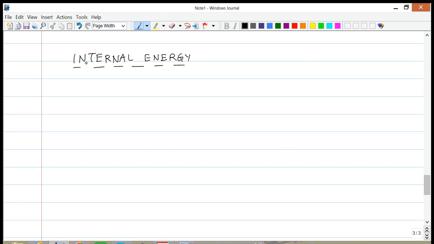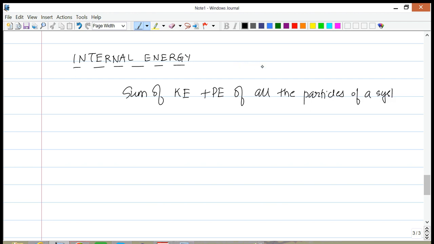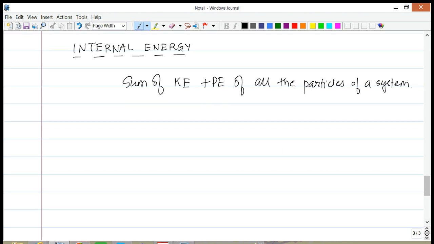Okay, so internal energy is the sum of the kinetic energies plus the potential energies of all the particles of a system. Alright, now we will be interested in ideal gases, and in fact within this category of ideal gases we'll also be interested in monatomic ideal gases. Okay, now for a monatomic ideal gas,